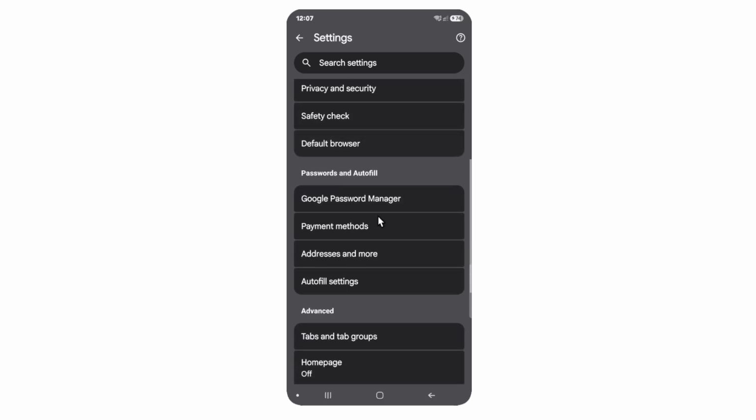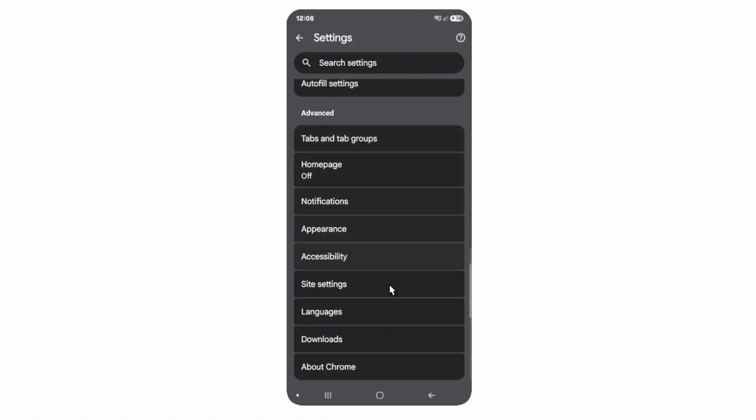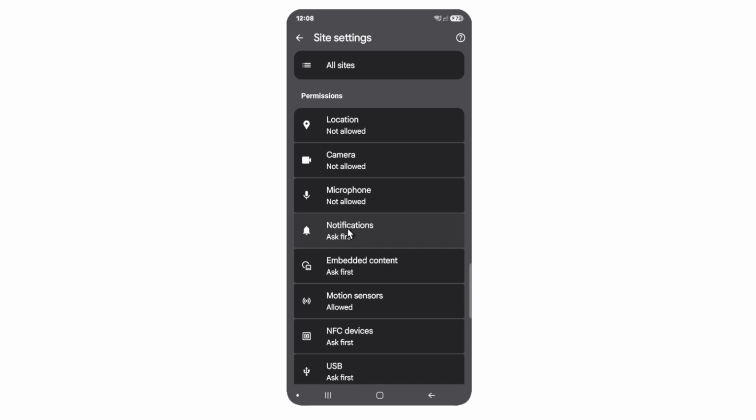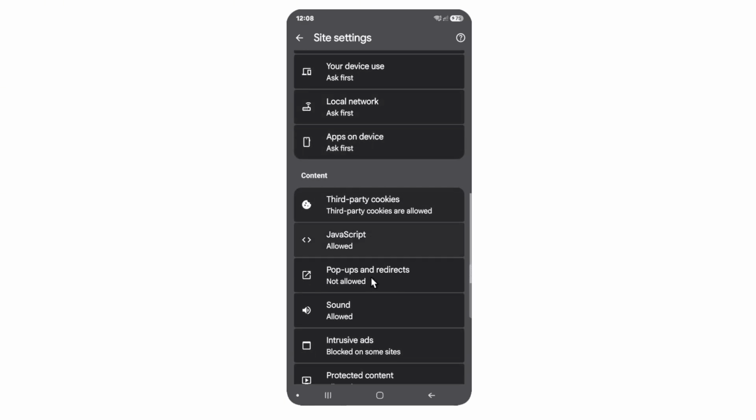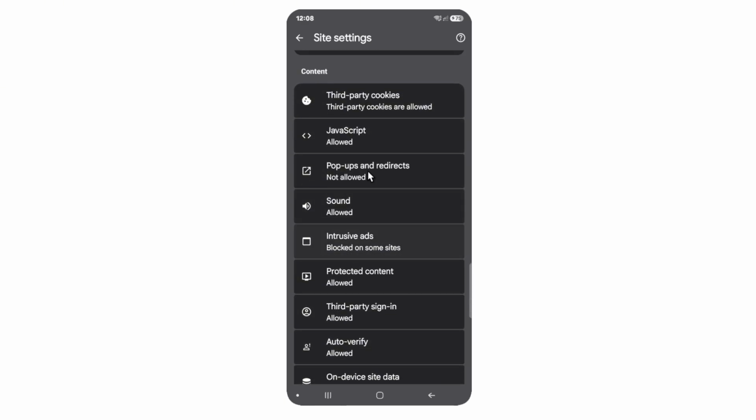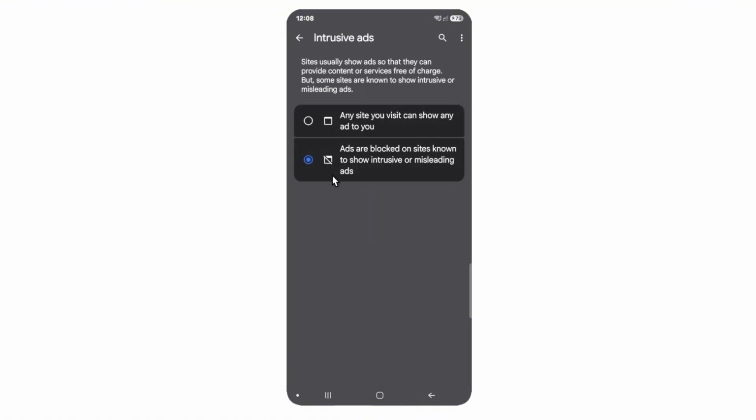So scroll down, again, scroll down, and here we have Site Settings. Tap on it, and once you tap on it, scroll all the way down until you find Intrusive Ads under Content. Now go ahead and tap on it and make sure that ads are blocked on sites known to show